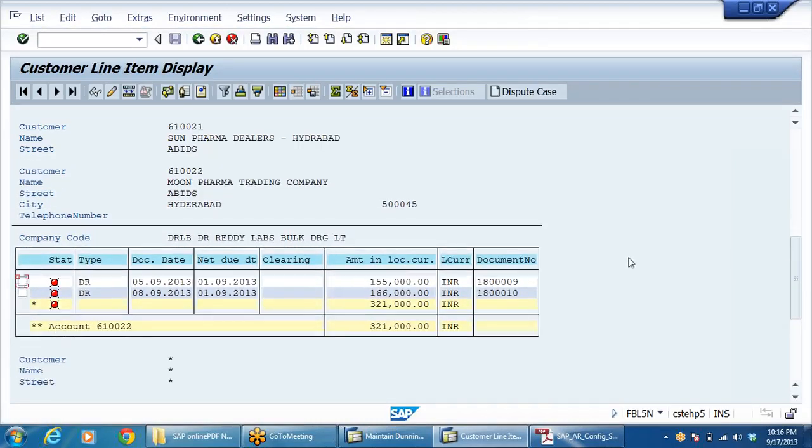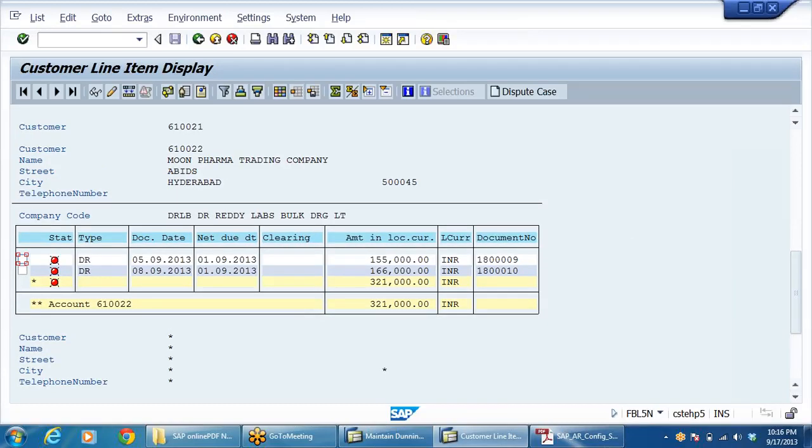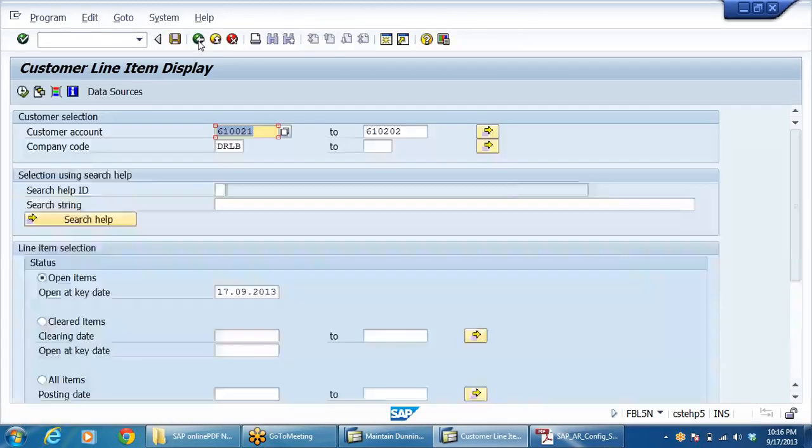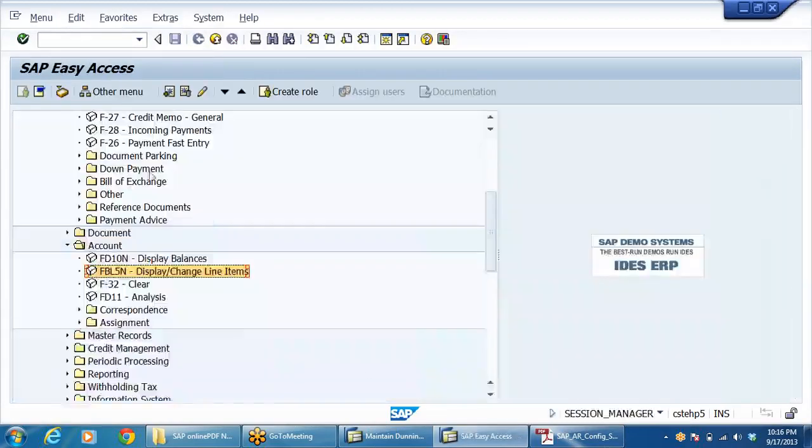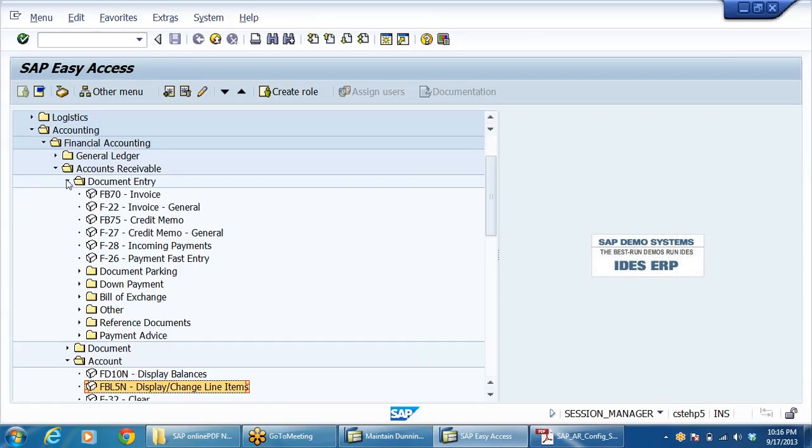Here around 2 invoices, right? So the outstanding amount is there. Now we can execute the dunning process.